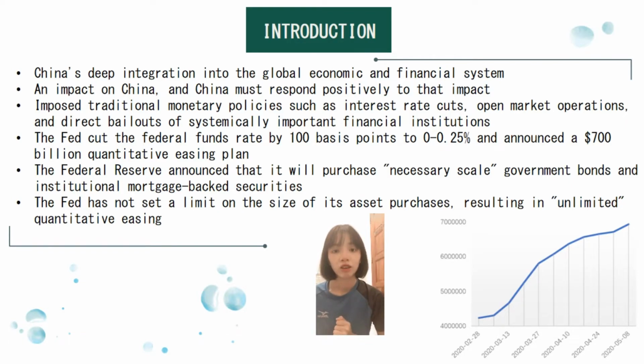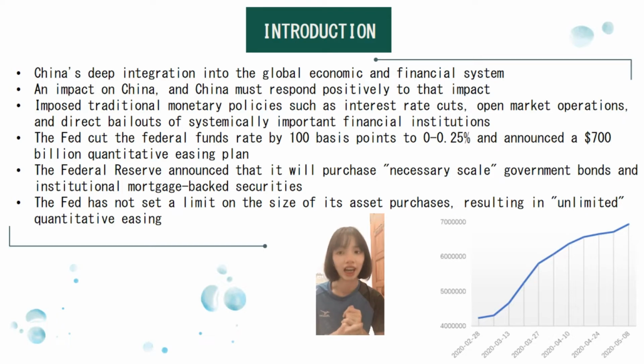In 2020, under the influence of the epidemic, the United States resumed unconventional monetary policy, which tends to result in a serious relapse of its monetary policy. In the perspective of China's deep integration into the global economic and financial system, a change in United States monetary policy will have an impact on China, and China must respond positively to that impact. As a result, a systematic and in-depth analysis of the history, characteristics and effect of the unconventional monetary policy is obligated. Shortly after the subprime mortgage crisis, the United States imposed traditional monetary policies such as interest rate cuts, open market operations,